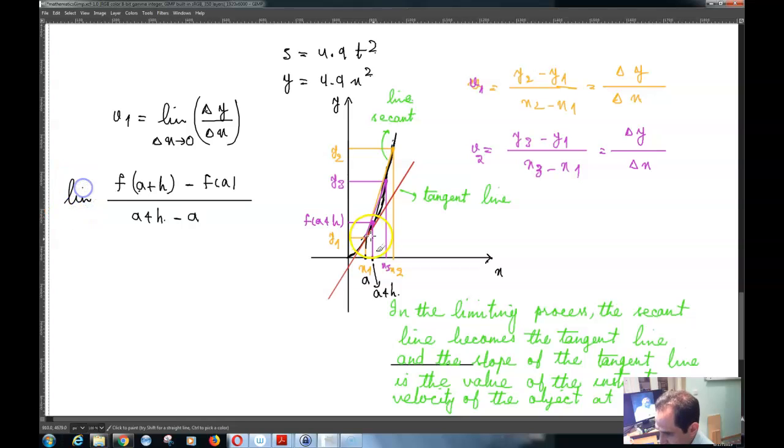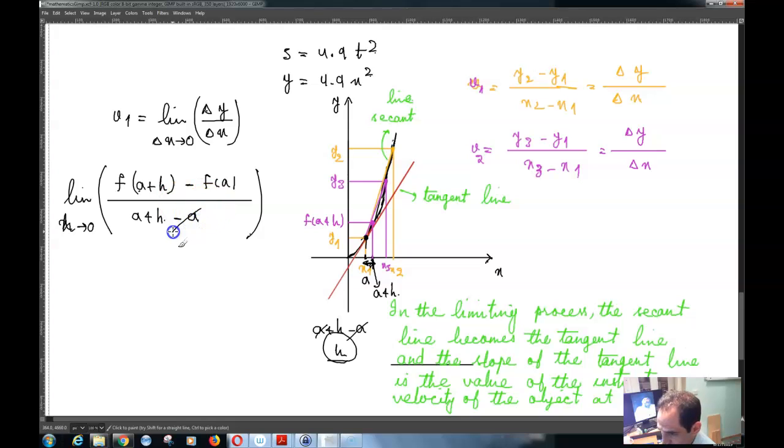And then if I take the limit of this, then this distance keeps getting very, very small, and with that this distance also gets very small, meaning that this point becomes practically the same point over here. The 2 points get very, very close to one another. And if I take the limit of this as h, this distance over here is h, because if you calculate a plus h minus a, you will get h. As h tends to 0, then this is going to be exactly the instantaneous velocity of this function at this point a,